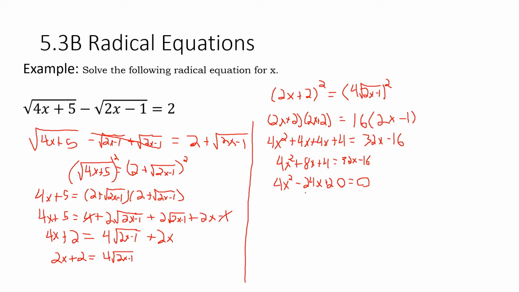So remember, when we have a trinomial, if you have a common factor, don't forget to pull those out first. It's going to make all your numbers easier. If you use the quadratic equation on this, it would still work out, but your numbers would just be a lot bigger. All of these are divisible by 4, so let's pull that 4 value out so that our quadratic is easier to manage. So divide all of these by 4,